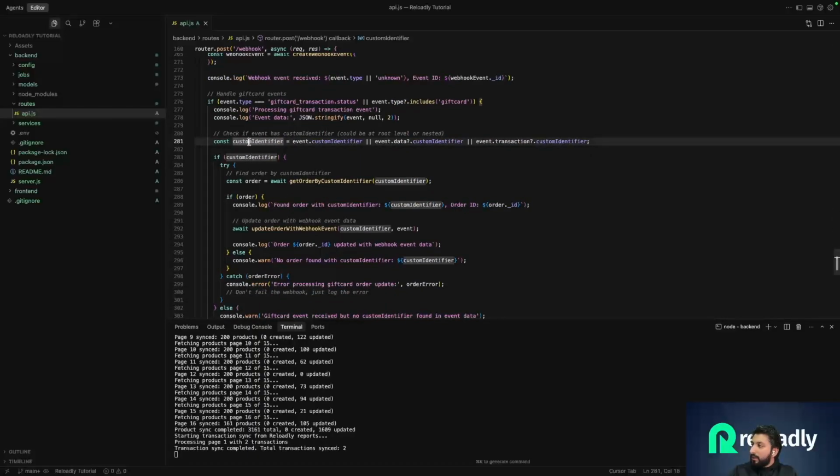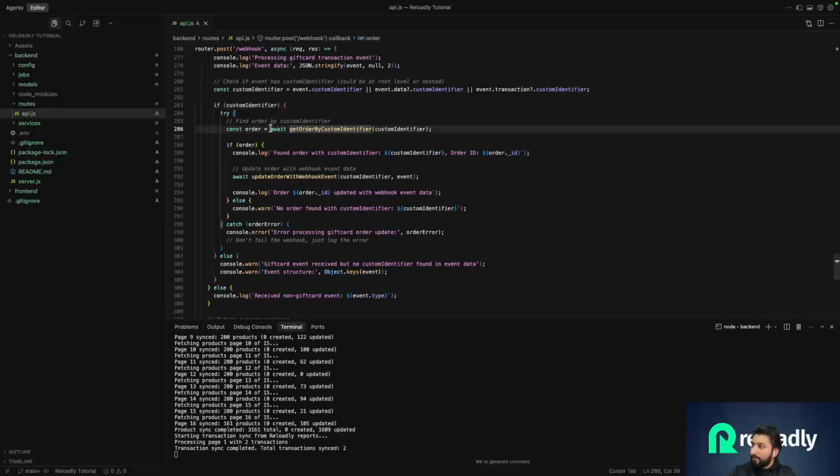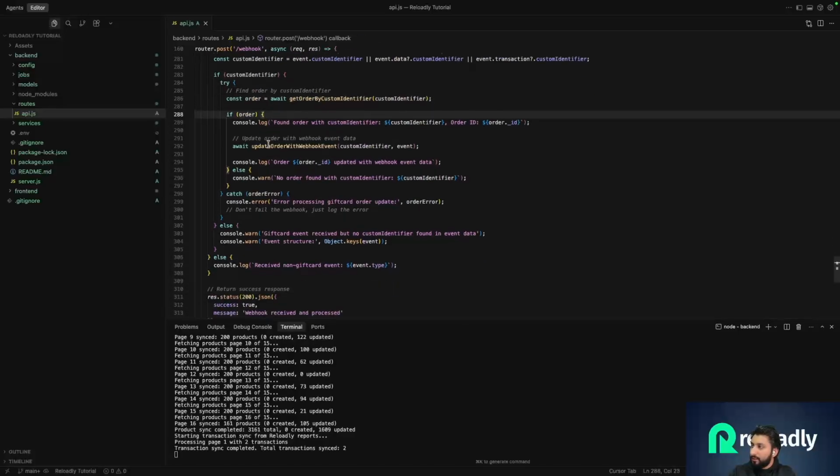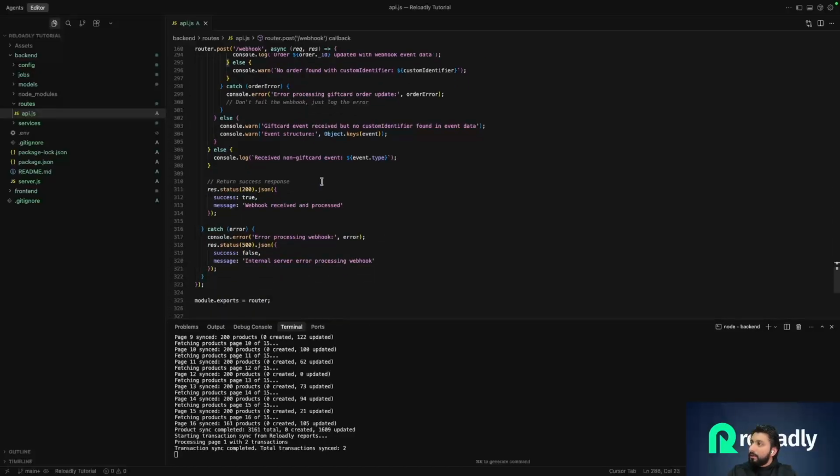So we fetch the custom identifier from the event. If that custom identifier exists, then we get the order from the custom identifier. If that order does exist, then we're updating the order based on the information we've received from the webhook event. So in order, as webhooks are intended for server to server communication, and currently I'm running the system,